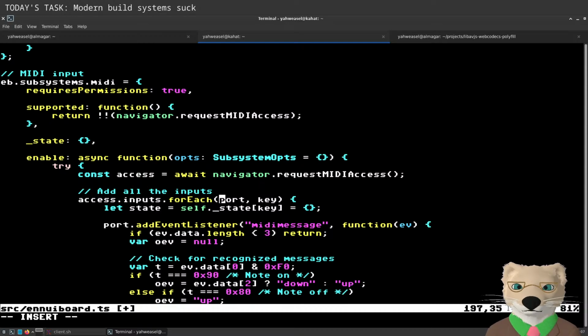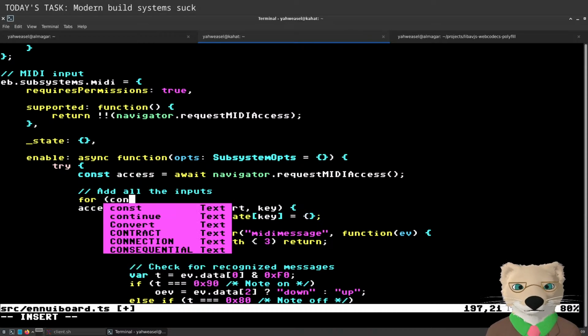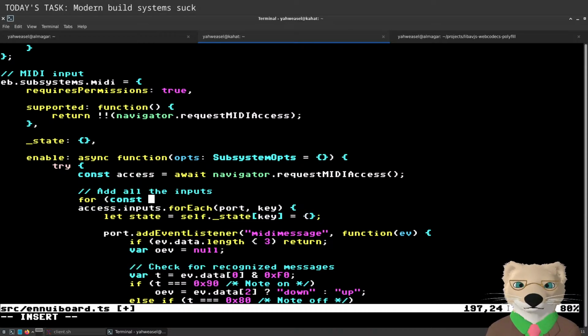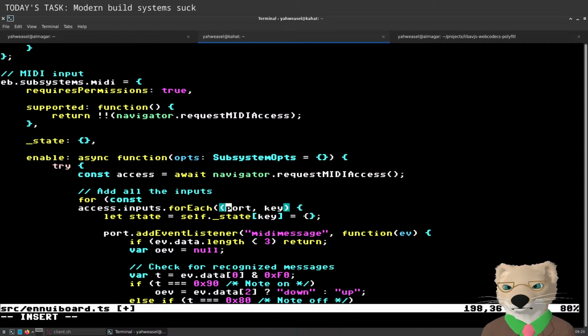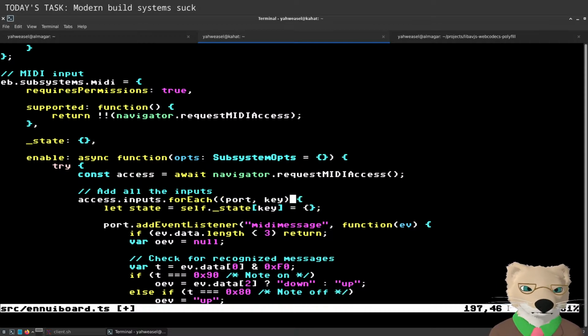Ancient code. Ancient code. What? You know what? I'm faintly confused by this code, so I'm actually going to leave it like that, even though it's a little bit strange.